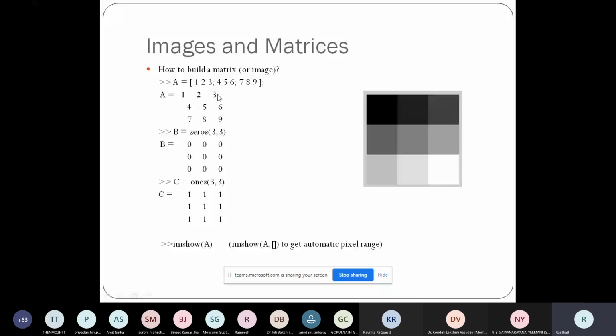Okay. Now, similarly, if I have to create a matrix of simply zeros of a particular size m cross n, then you can simply write B equal to zeros of 3 comma 3, where 3 rows and 3 columns are completely zeros. Right? And then you can make it as ones also, create a matrix with all ones. So it is very simple. With one simple command, I can create any number of matrices. Okay. Now, if you want to display this matrix, it's simple. imshow of I. So this gets displayed on the screen. Okay. So like this, you can create.